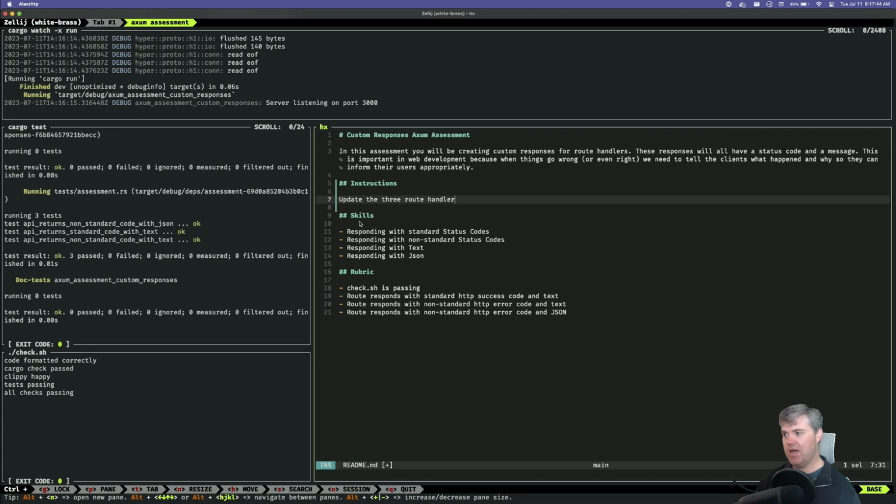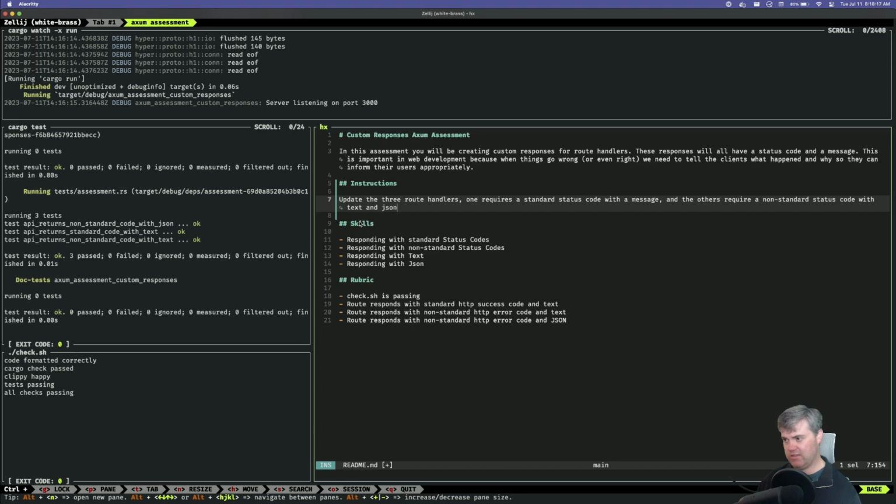Let's see. Updated 3 route handlers. One requires a standard status code with a message, and the other requires a non-standard status code with text and JSON.